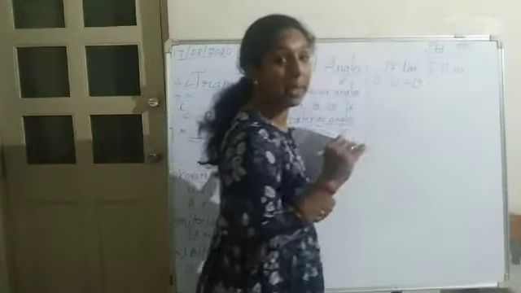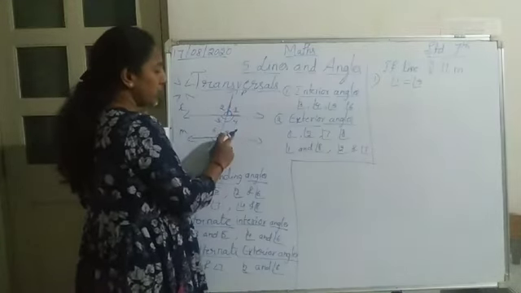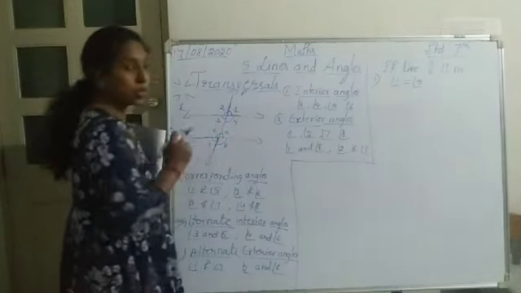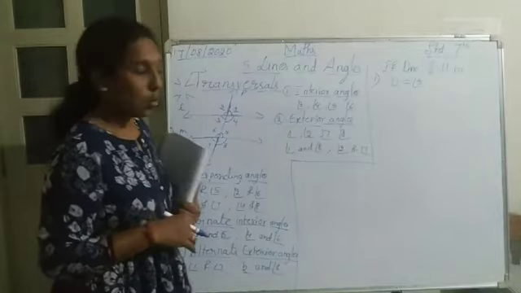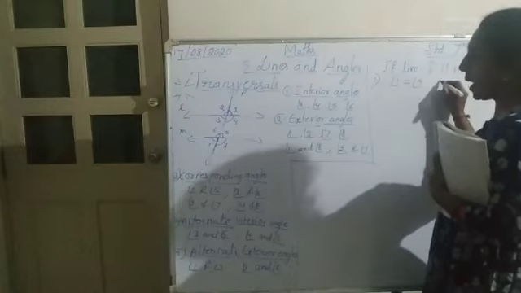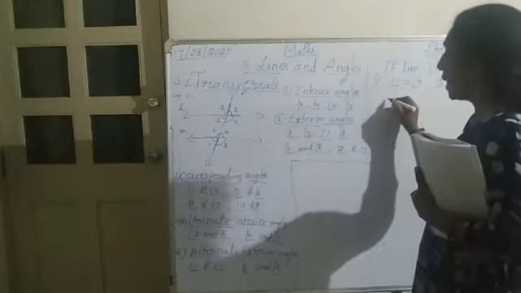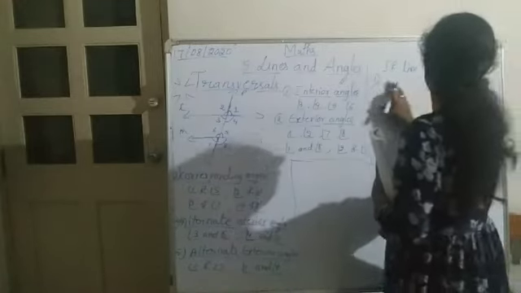Okay, so that will be equal. If it is 20, this is also 20. If it is 40, it is also 40. If it is 130, this is also 130. Like that. Okay, so angle 1 is equal to angle 5. In the same way, angle 2 is equal to angle 6. And one more thing, sorry, first I will write this one here.